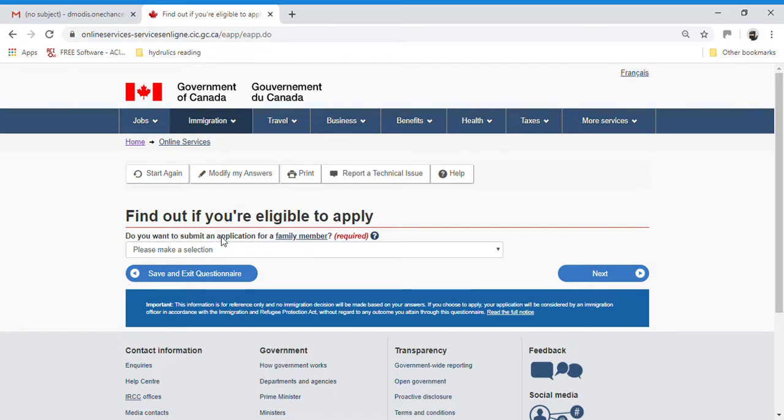Do you want to submit an application for a family member? I highly recommend don't submit any joint application at this moment because you are the first applicant who is going to put the first step in Canada for your family. So don't include any application as of now. You can apply for a visitor visa for your family once you get your study permit, and you can do many things after you get your study permit, but don't include any joint application at this moment. So answer no. And next,